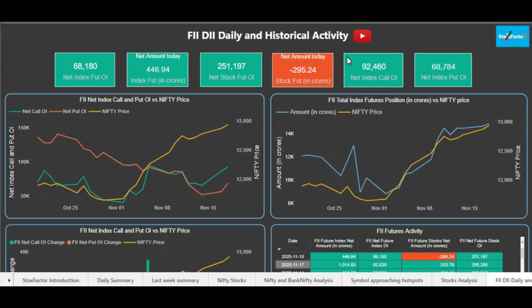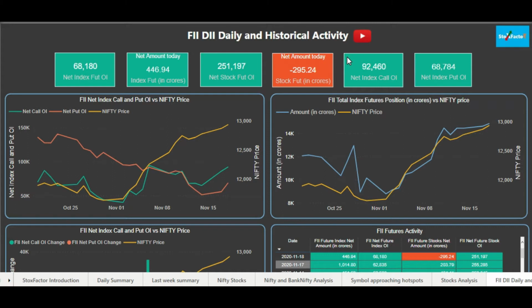So the consolidated data which we get at the end of the day, we have performed the analysis on top of that. Why are we introducing the derivatives data in this particular page? Because derivatives data give you more accurate analysis in conjunction with the cash market data, and futures positions give you an assessment of the near-term trend of the market. Basically, if FIIs are making long positions in the futures and option segment, it means in the near term we can expect the trend to continue on the upside and vice versa. So derivatives data can give you a better analysis of the near-term trend.